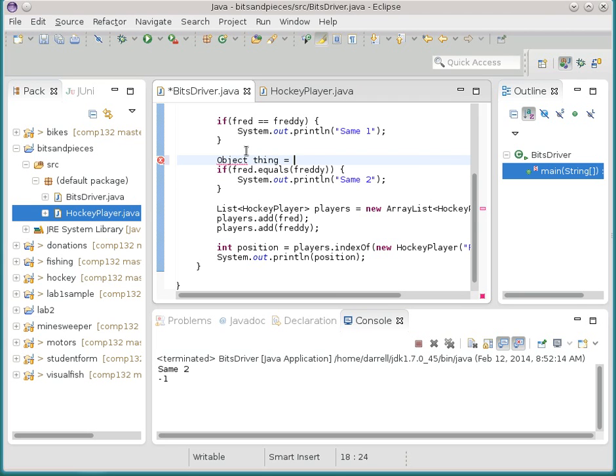Object thing is Fred, and if thing dot equals Freddy. Is it going to print out same two or not? Yes, because you still have that second line. Go back to